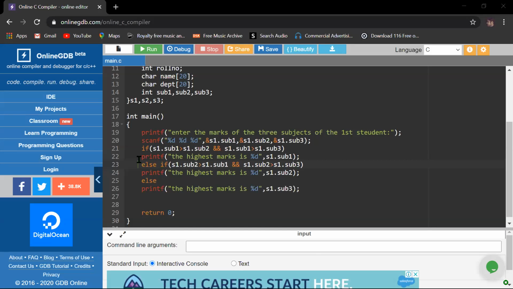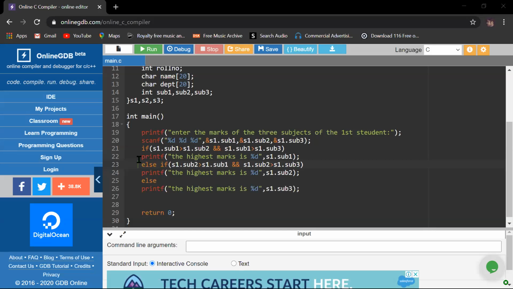Student 1 subject 1, student 2 subject 1 and student 3 subject 1, and all are compared among them. We know how to find out the largest of three numbers, so we have to write the same thing in the structure manner, nothing else. So this is for subject 1. You have to write this for subject 2 and also for subject 3.